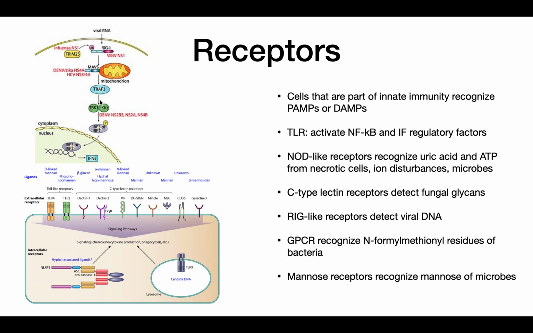So, as you can see here, PAMPs are going to bind to the toll-like receptors and be introduced in the cell. And then there's another receptor that allows the interferons to go into the nucleus to affect transcription,